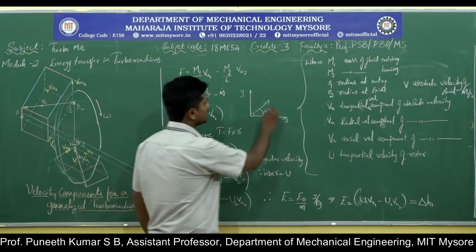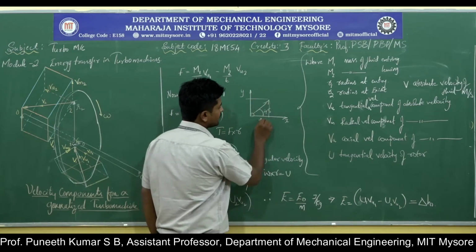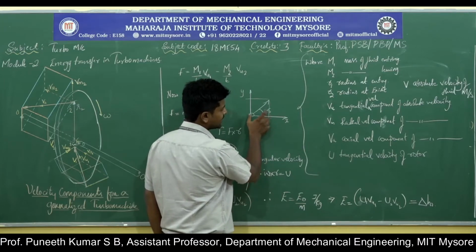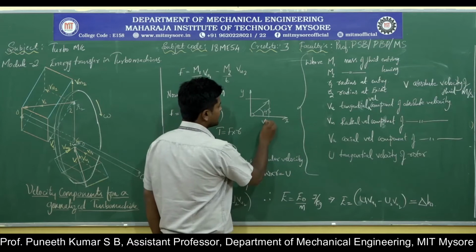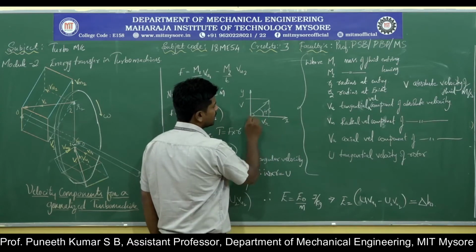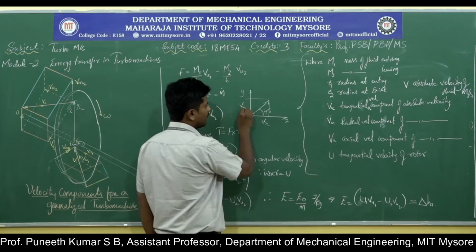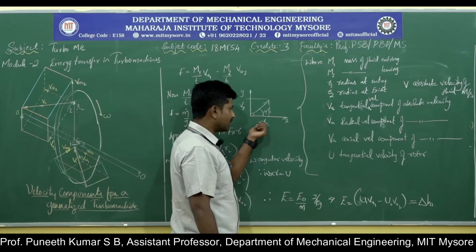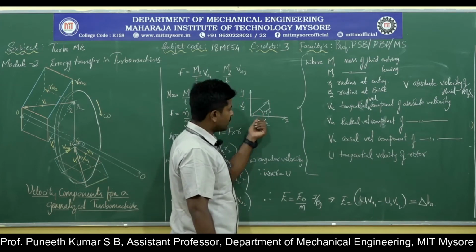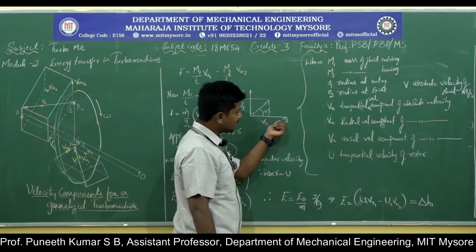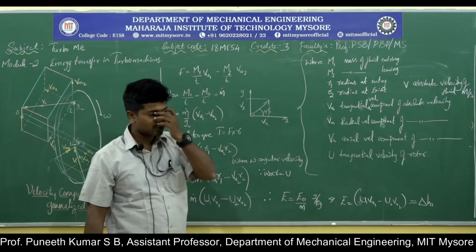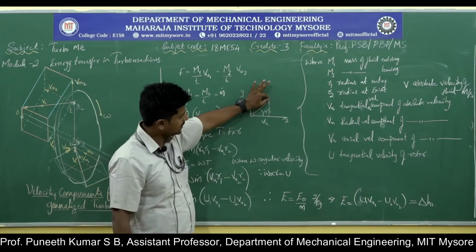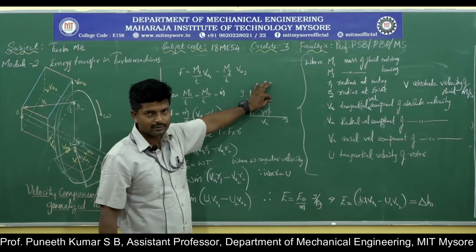It can be further resolved into the ball speed at which it is traveling in X direction, that is, the resolved component in X direction, and the speed in which it is traveling in Y direction. So Vx and Vy give the resolved components of velocity of the ball while traveling in X direction and in Y direction. But the actual direction of ball traveling is this. This direction I am calling absolute.